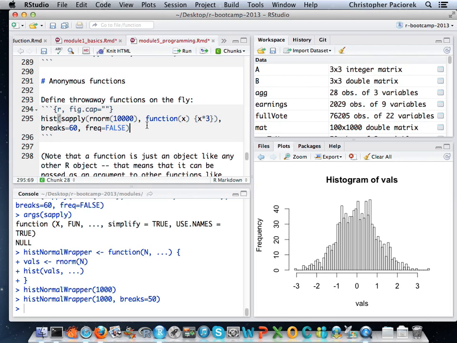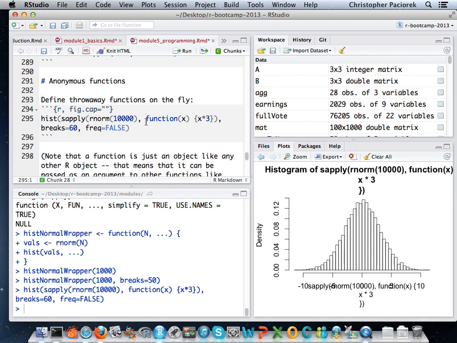Then one other thing that Chris mentioned before are these anonymous functions. This is the idea that you're just defining a throwaway function that you're not going to want to use again. This kind of cuts against the main arguments for using functions, which are reusability and clarity. You're not reusing this because you're throwing it away. But in many cases, you just need to pass a function to some other function. sapply expects a function, and so we need to give it a function. In this case, we're going to use a very simple function, x times 3. This is one of the cases where this is not the right thing to do, and instead, of course, you should just multiply your random normals by 3 explicitly.